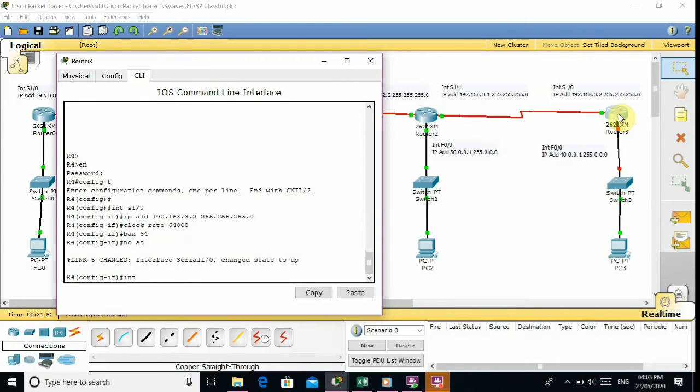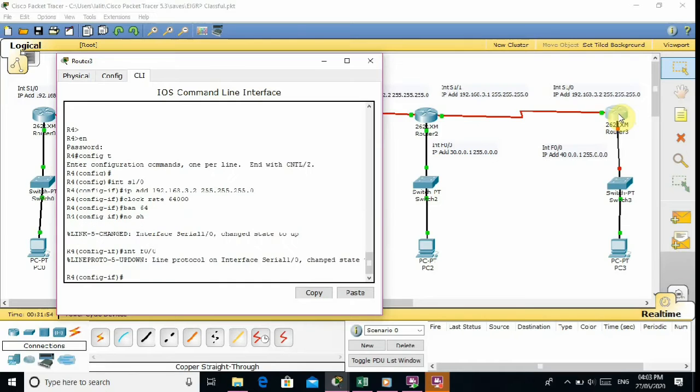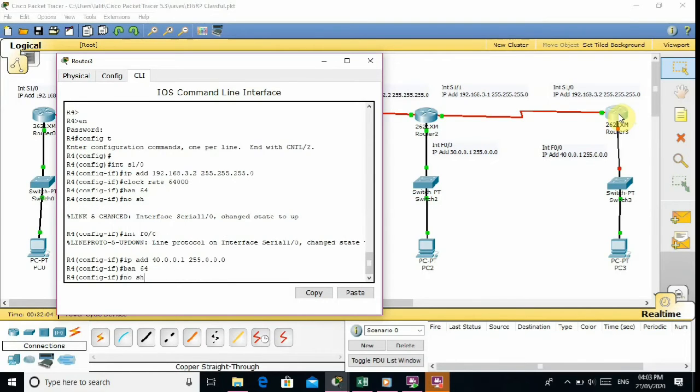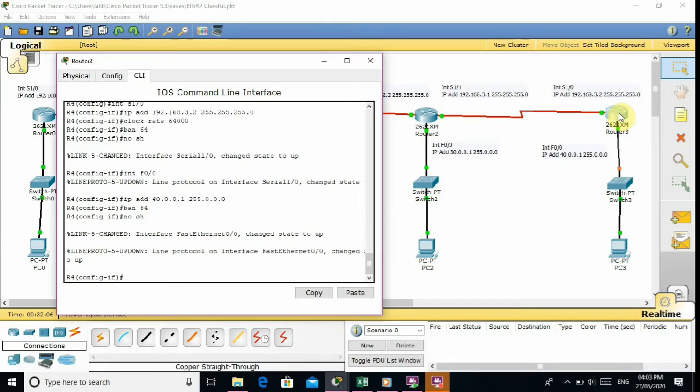After that I go for interface FastEthernet 0/0 and IP address is 40.0.0.1, 255.0.0.0 and bandwidth is 64. No shutdown command. So I configured all types of interfaces, serial and FastEthernet, with the four routers and switches.